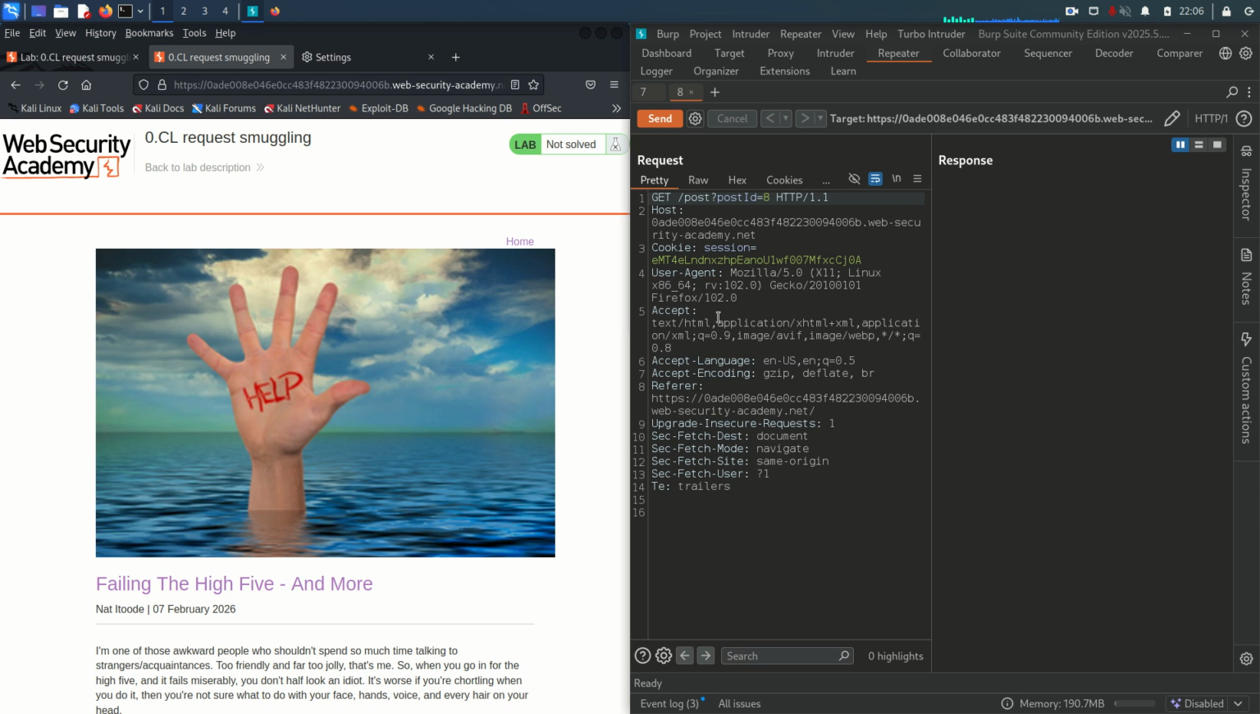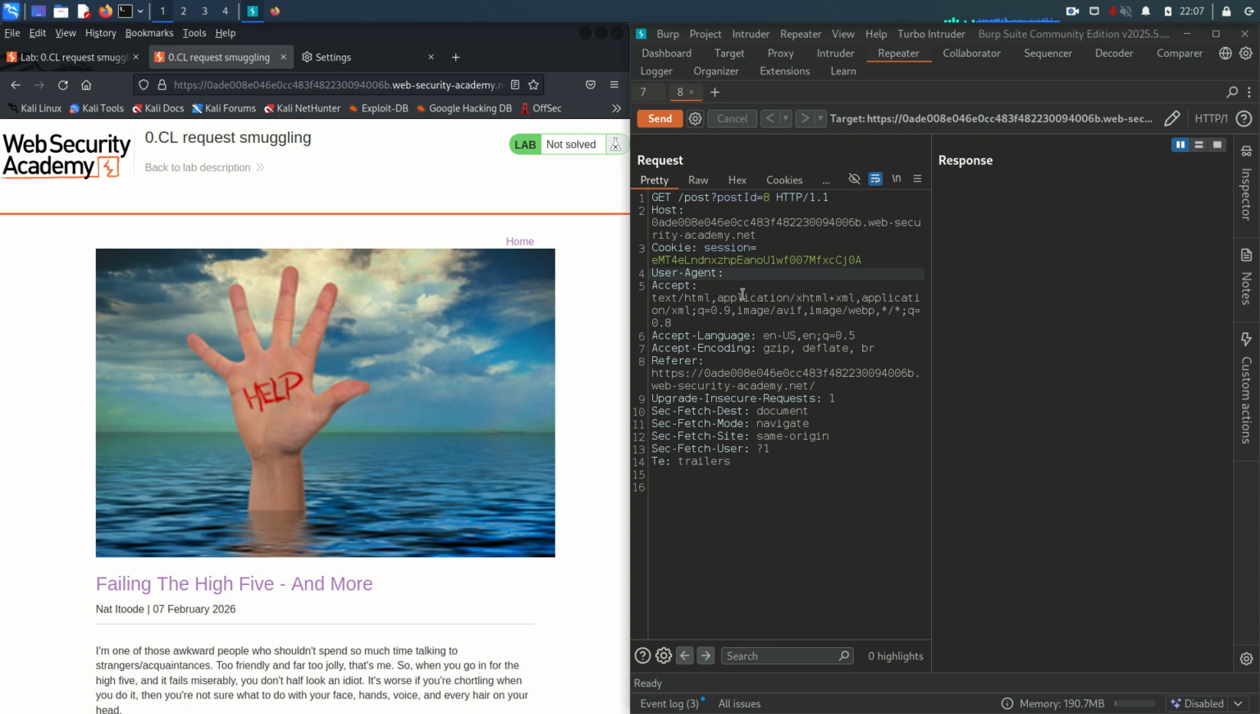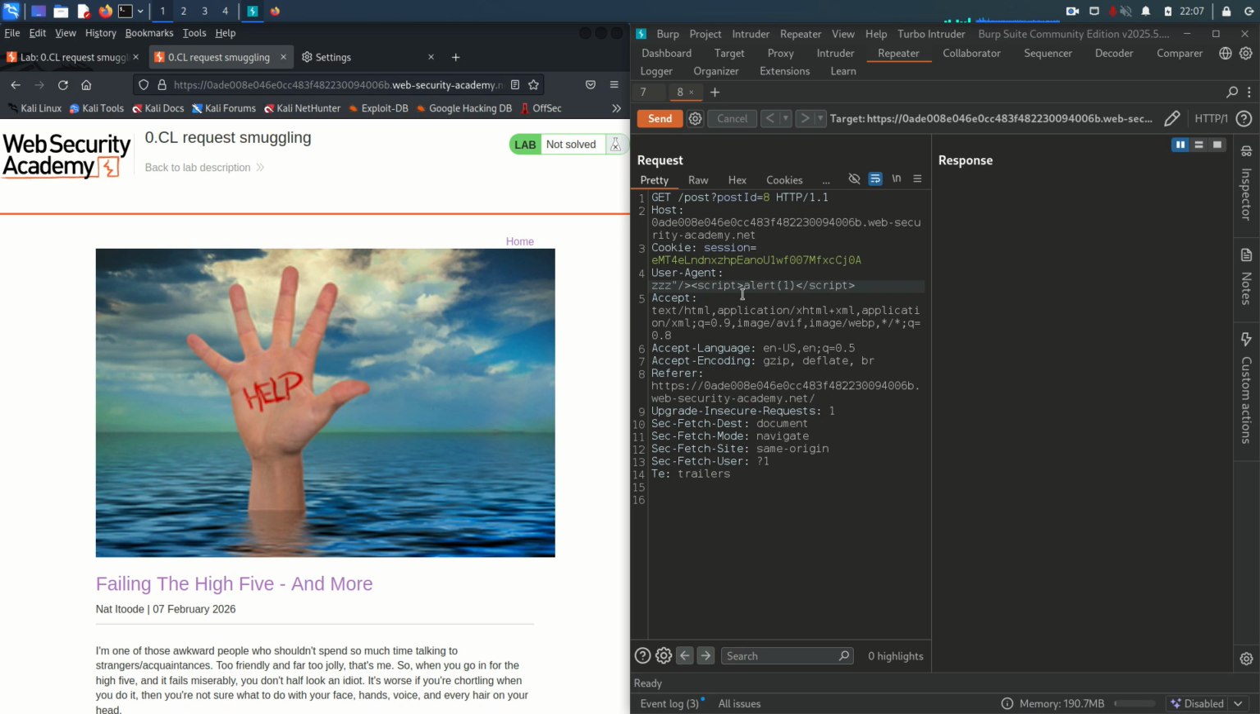And I'm going to change the value of the User-Agent by saying anything, ZZZ. This is the typical payload for exploiting XSS. So script, alert, 1, and then close the script tag. Okay, so this is going to be our payload, and if we send this request,